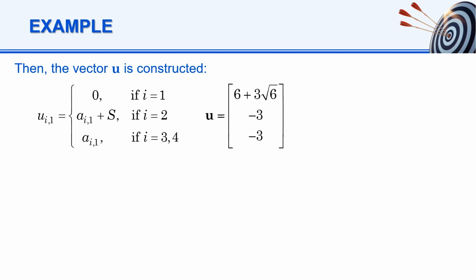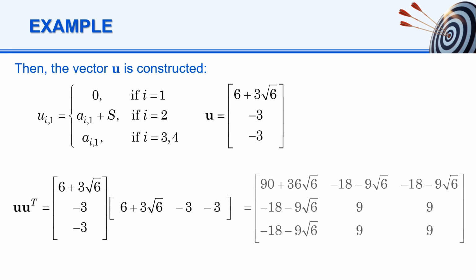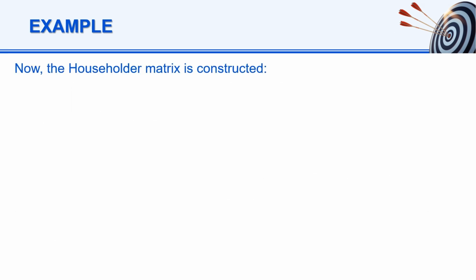As it is applied to the original matrix, the product of U and its transpose becomes. Now that we have D and U U transpose evaluated, we can construct the Householder matrix, which leads to